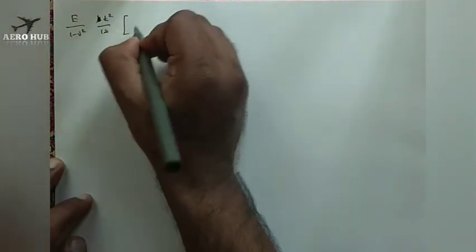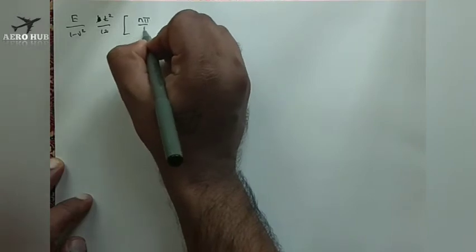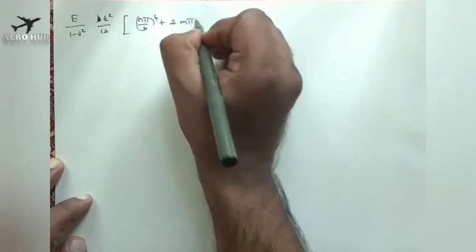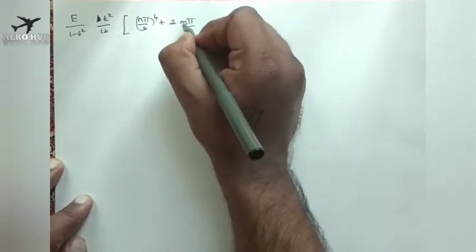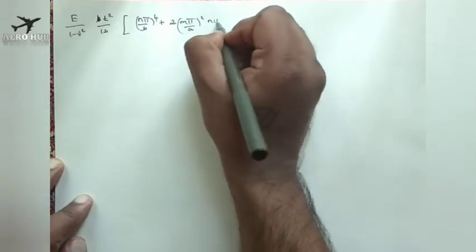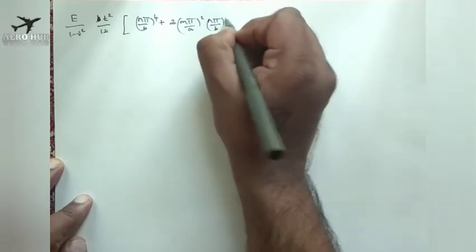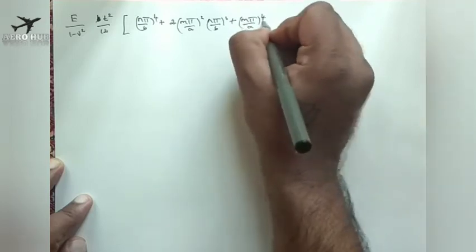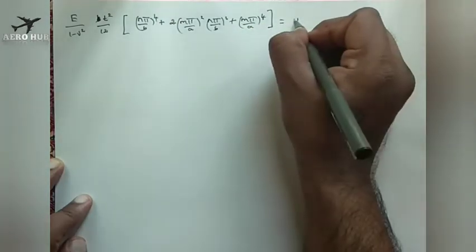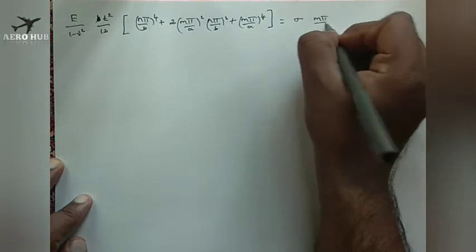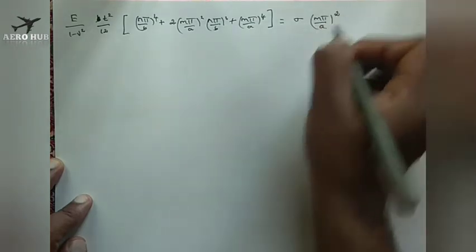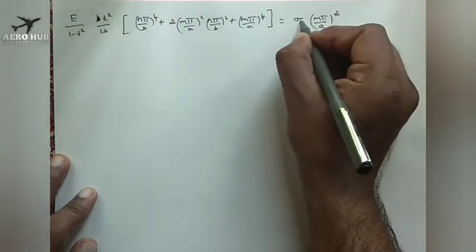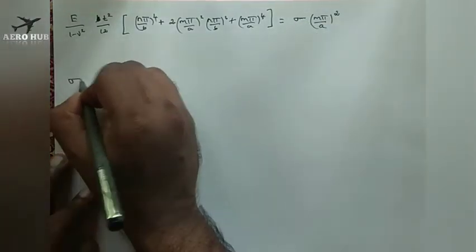T square (n pi by b)^4 plus 2 times (n pi by a)^2 (n pi by b)^2 plus (m pi by a)^4 is equal to sigma into (m pi by a)^2. Now the ultimate aim is to find out the value of sigma, so I can write sigma is equal to